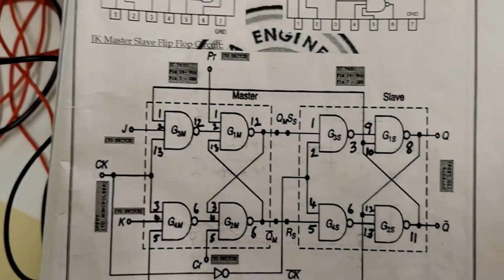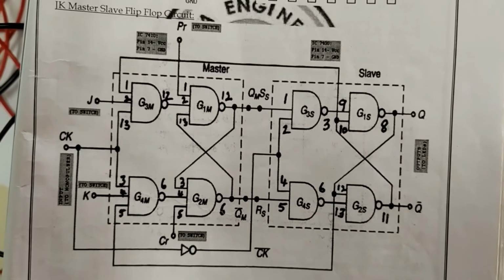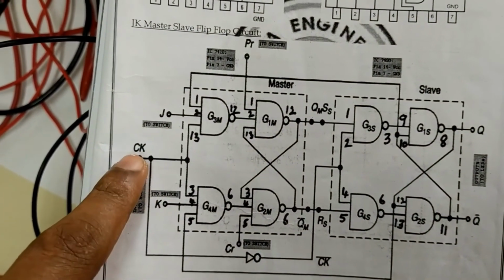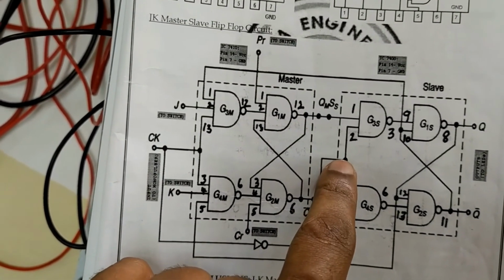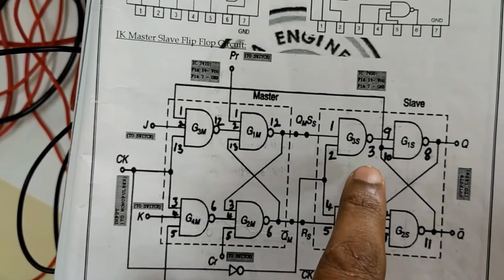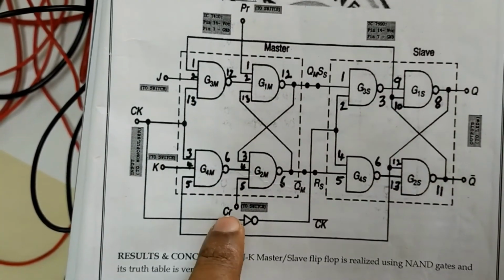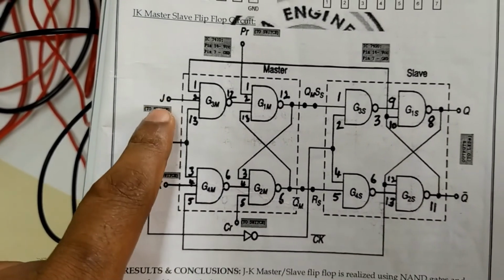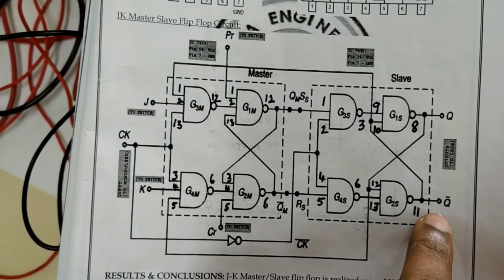Checking the circuit that has been rigged up here. So we have a circuit here. So you can see there is J input, K input, clock which is inverted and which has been connected to the slave. So this is your master setup, this is your slave setup. In addition to that, we have a preset input and we have clear input. So basically I need to be having a clock input, J, K, preset, clear, Q bar and Q.